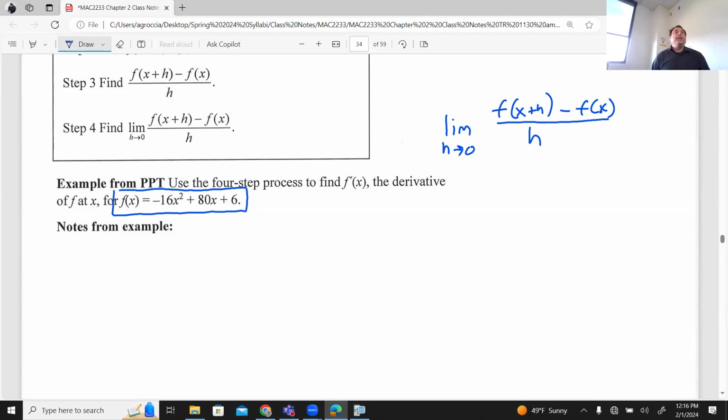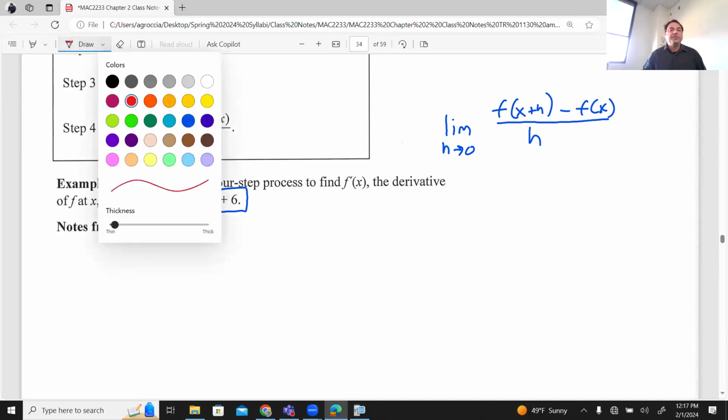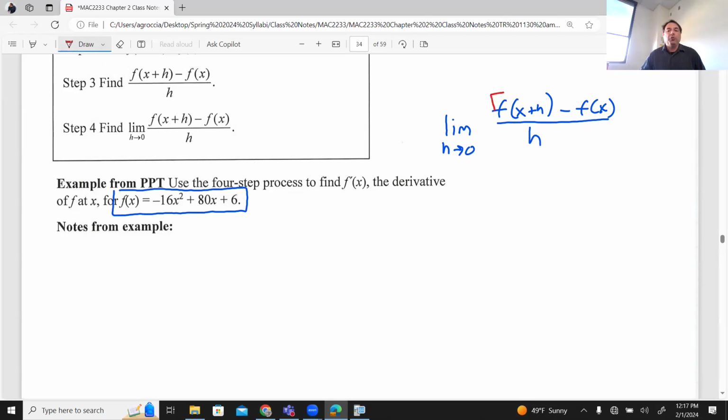Okay? Now, we're going to do this slowly, carefully, and I'm going to remind you that we've done this before. The only thing we're adding is this limit part. So I'm going to go slowly and carefully, but I'm going to warn you that I've already done this. I've already explained this, except for the limit part. Okay? So I'm going to use different colors. So this part right here